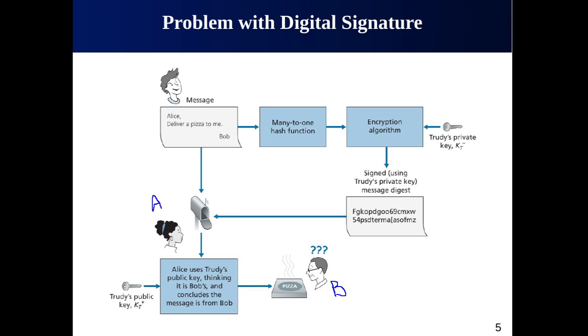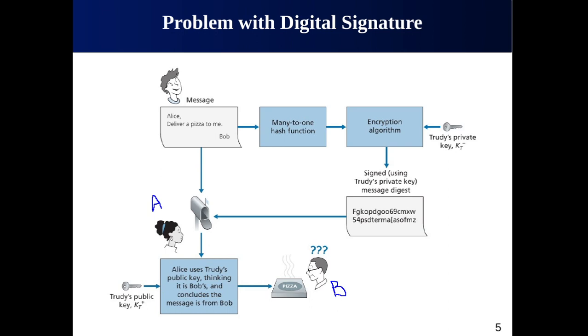To verify the signature, what does Alice need? Alice needs to obtain Bob's public key, because the public key in a digital signature is used to verify the signature. And she can get this public key from a public key server or through email or any other means. And then she can check the digital signature. In this manner, she makes sure that Bob, rather than someone else, placed the order. This all sounds good,